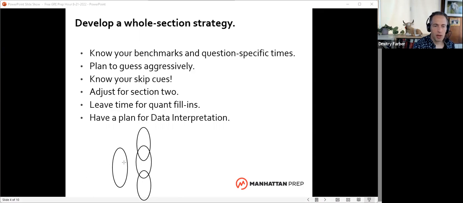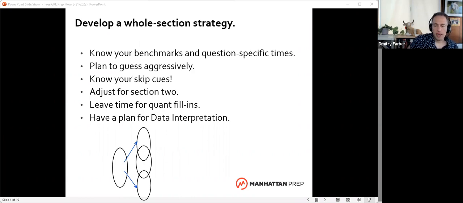So someone who does really well can expect the second section to be harder. Someone who misses a whole lot of the questions can expect the second section to be a bit easier. And therefore, you want to adjust for this. If you're one of those people who's trying to get, say, a 165 plus on your quant or your verbal,